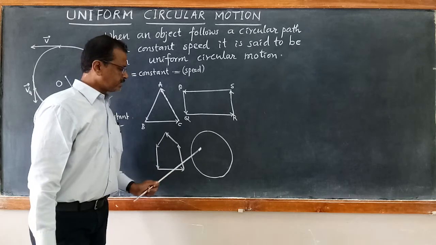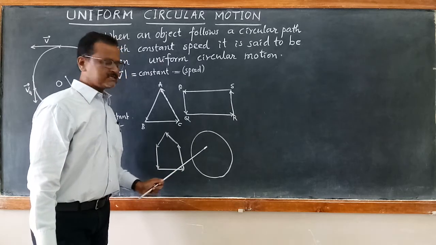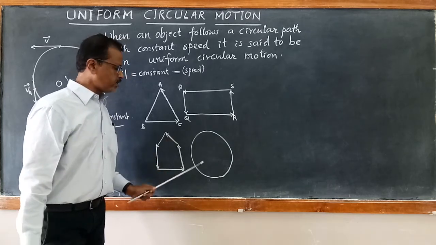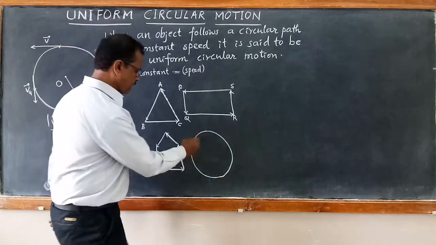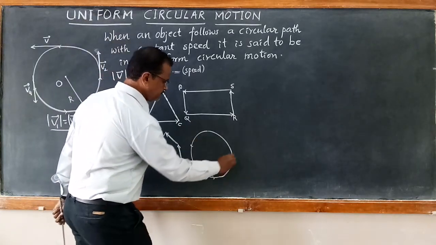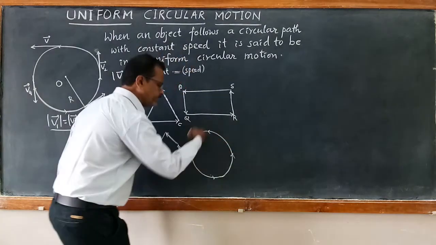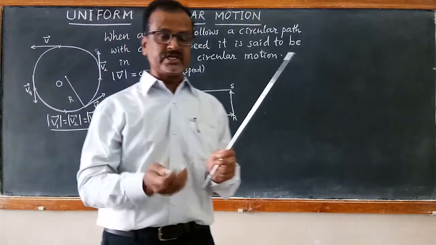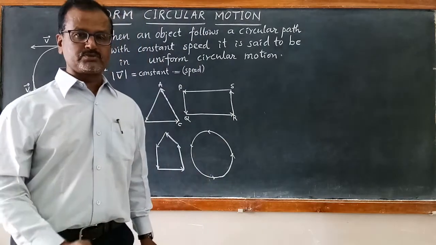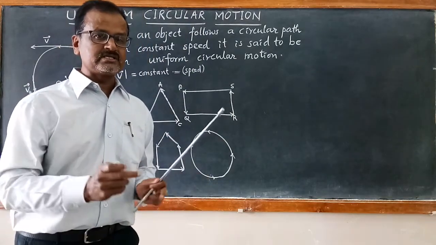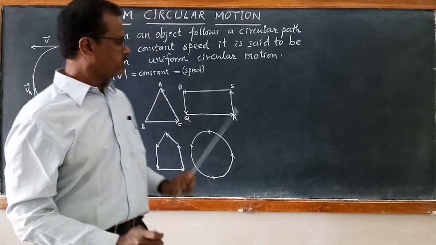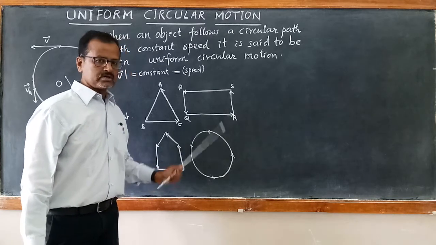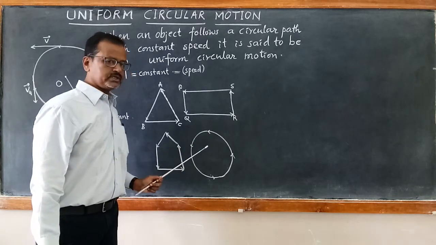A circle can now be understood as a track of infinite sides. It's a polygon having an infinite number of sides. It means that when you are running on this circular path, you will be changing direction at every point. So the direction is changing at every point, and even if you are running with constant speed, the velocity changes at every point. That's the meaning of change of velocity. Even if you are running with constant speed, there is a change of velocity.